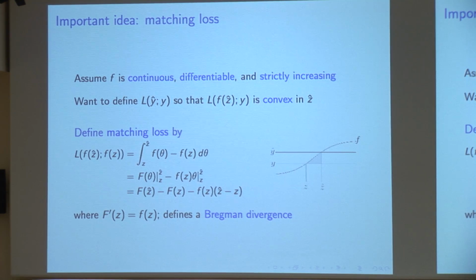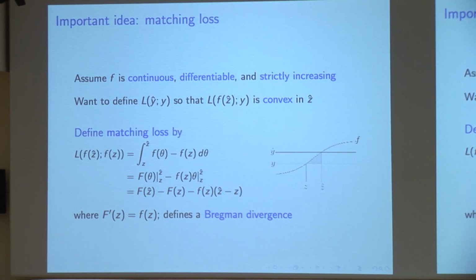Maybe the picture's more helpful. What we're going to do is define a loss function L in terms of a little f, and here's the geometric picture. Here's just a definition. You say the loss between a pre-prediction value z hat and a one further thing I should point out.